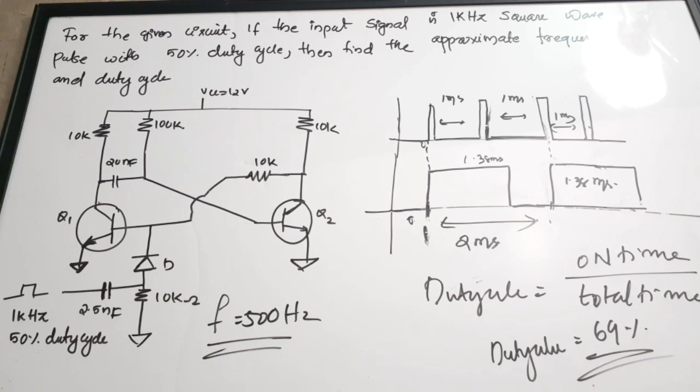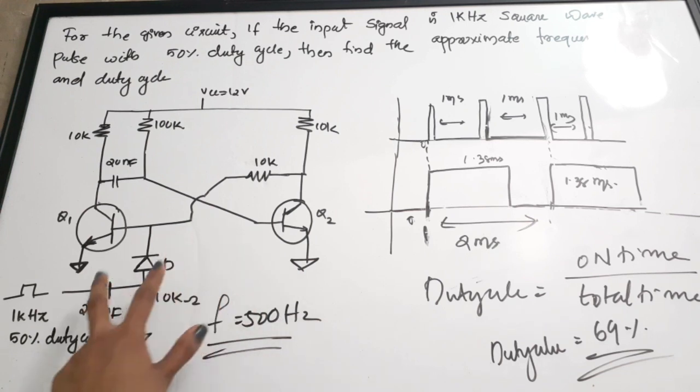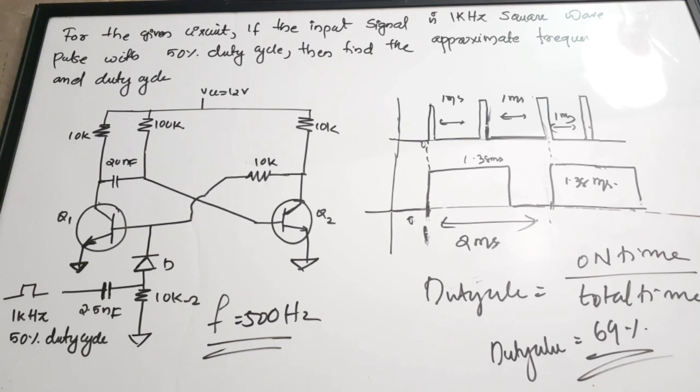So it is actually a little bit difficult question. In order to answer this question, first you have to identify what is this circuit. So this is a monostable multi-vibrator circuit. A monostable multi-vibrator requires one triggering pulse, and it has only one stable state. The aim of applying this triggering pulse is to shift the waveform from the stable state to the unstable state. Then it will remain in the unstable state for some time, and then it will shift back to the stable state. So that is the case.